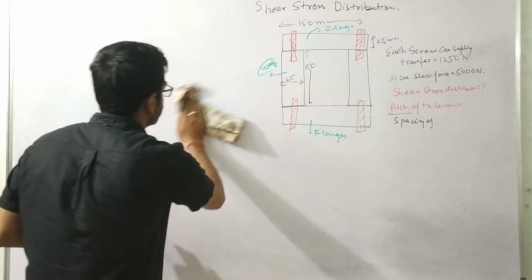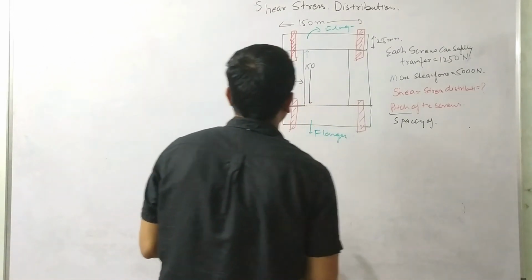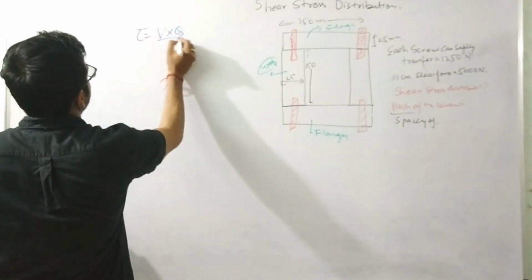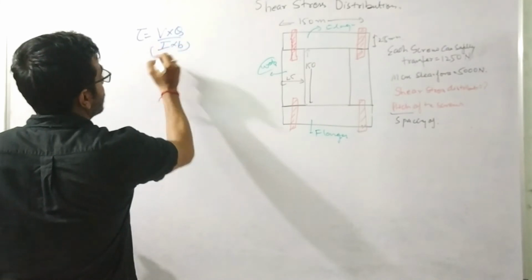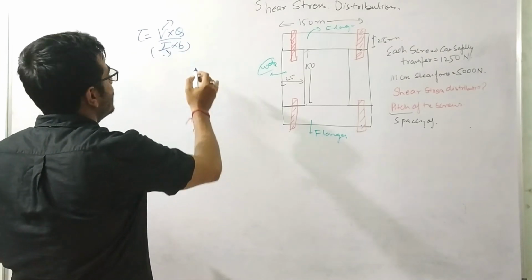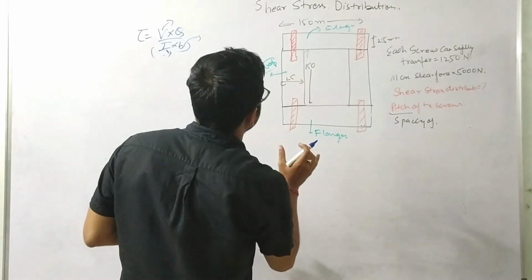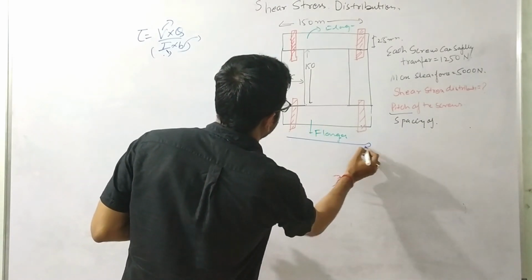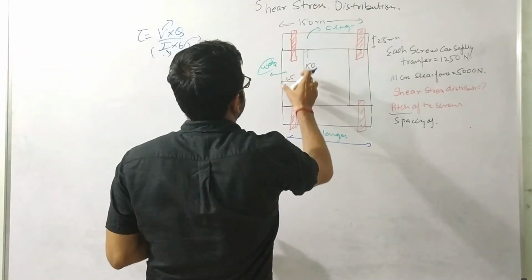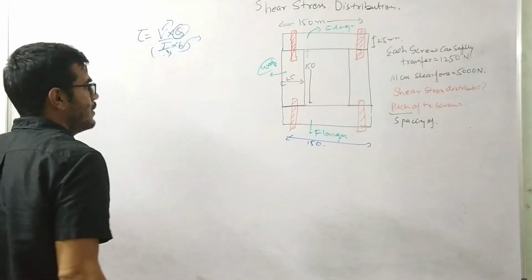Now, this is the box beam. Now I will calculate the shear stress distribution, right? So the basic formula is tau equals V into Q over I into B. The shear force V is given. Moment of inertia I can calculate easily. B I can also determine, because at each level I know the width. So this complete width will be 150 also. Each portion is 150 by 225. And Q, the first moment of area, I can also calculate.